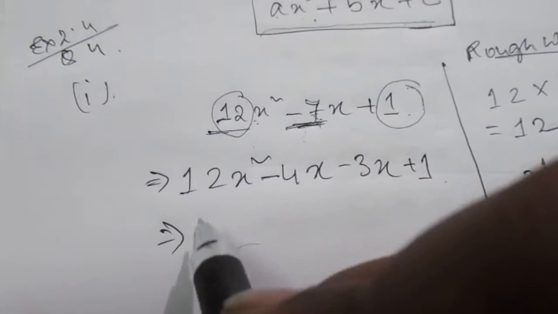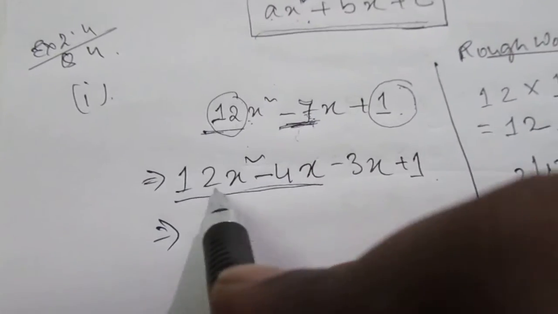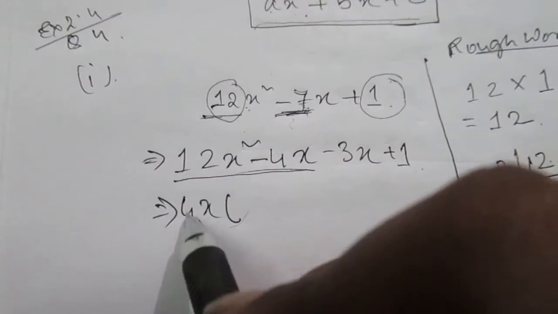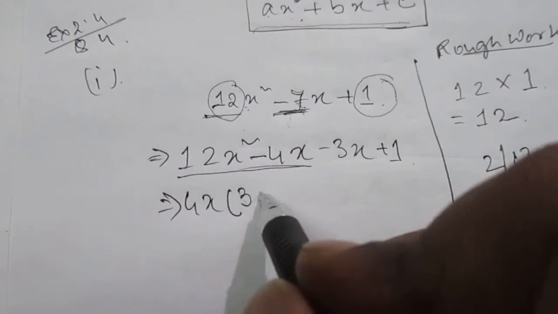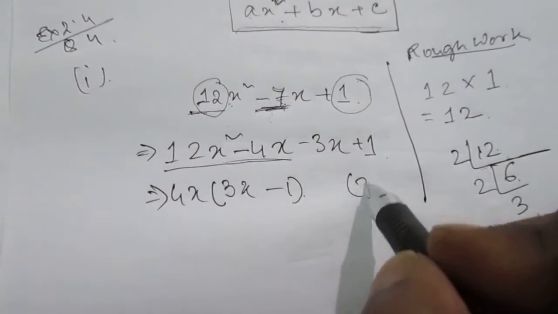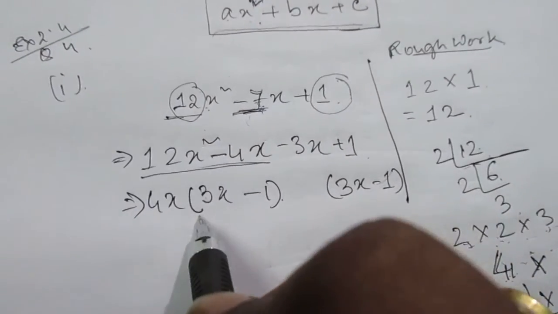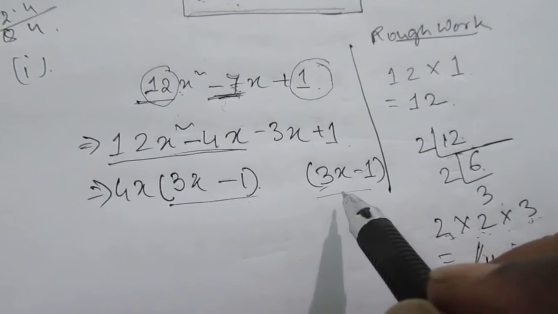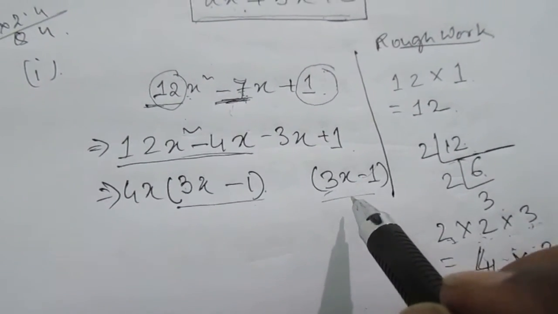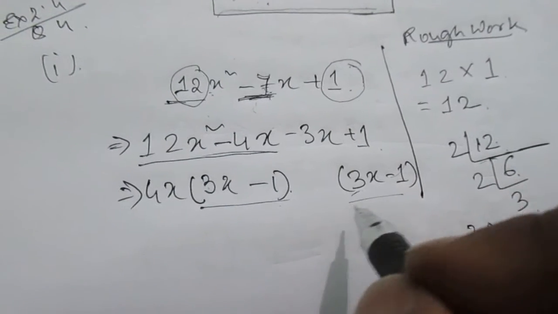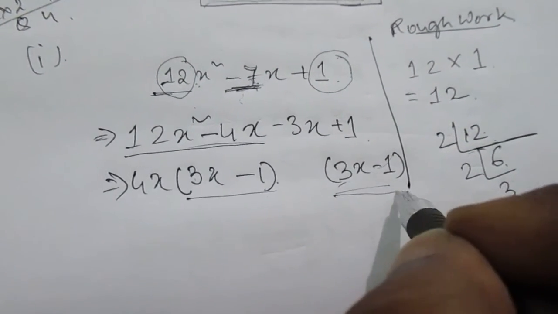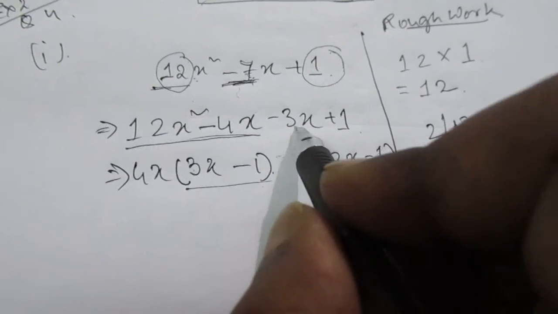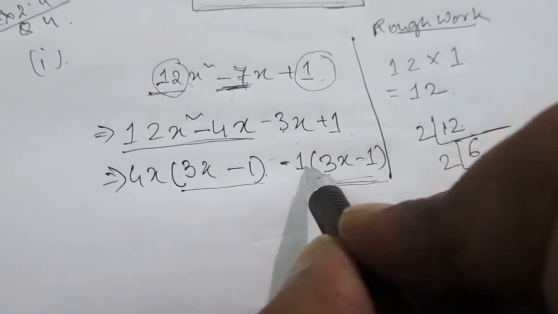Okay. So now from these two terms, here we can take 4x as common. So 4 threes are 12, so 4x into 3x minus 1, and here also 3x minus 1. See, as I get 3x minus 1 here, I must get 3x minus 1 in the next term, so that afterwards I can take 3x minus 1 common. We will see in the next step how we can do it. So you will understand why I have written 3x minus 1 first. Okay, so 3x minus 1, here is minus 3x, so I have to multiply with minus 1.